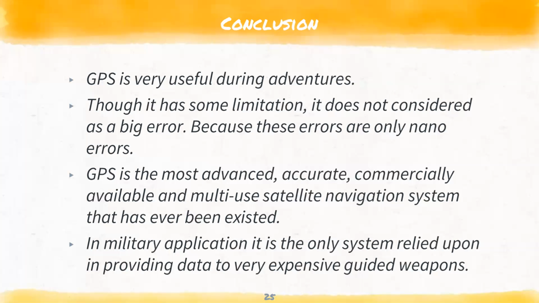Conclusion: GPS is very useful during adventure. Like a coin, it has both advantages and disadvantages. Though it has some limitations, they are not considered a big error. They may be considered as a nano error. GPS is the most advanced, accurate, commercially available, and multi-use satellite navigation system that has ever existed. It is very useful in military applications, and it is the only system relied upon in providing data to very